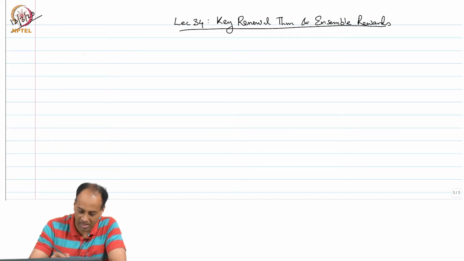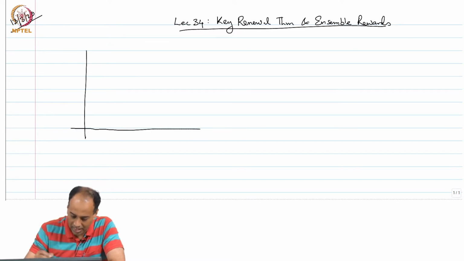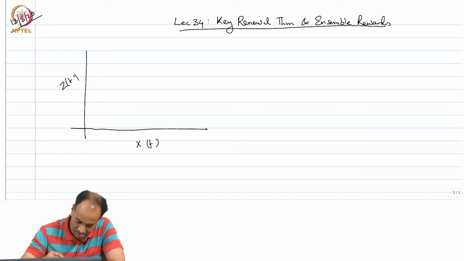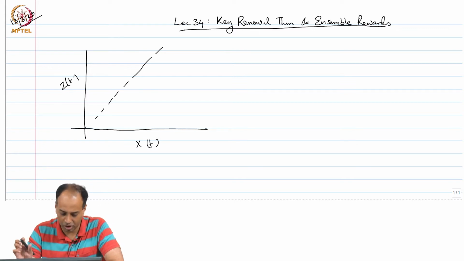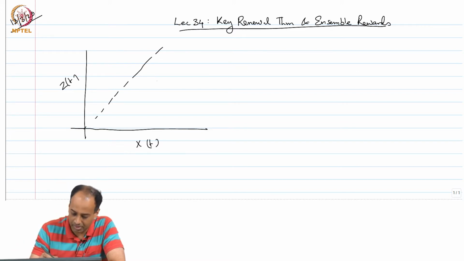Recall from yesterday that we calculated... So, if this is a renewal process, let us say a non-arithmetic renewal process, and I take X(t) and Z(t). Of course, if I am looking at the joint distribution of X(t) and Z(t), the joint distribution lies below this 45-degree line, right. And yesterday we managed to calculate